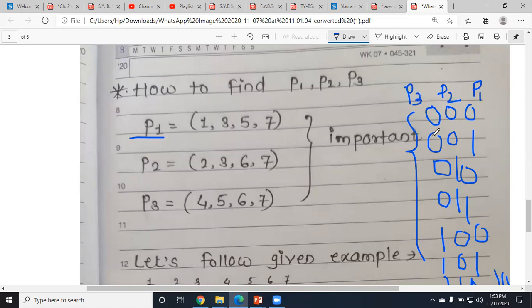Now see carefully, in this first column, at which positions there is 1. So this is my 0th position. So we are going to skip this, because there is no 1 in it. Right? We have to consider the positions where there is 1. In this, there is no 1, so we are going to skip it.